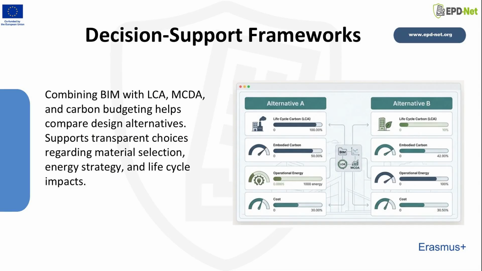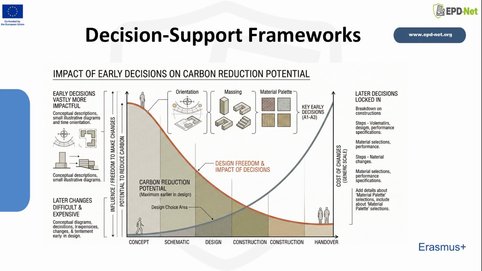Decision support systems in sustainable design integrate environmental, economic, and functional performance metrics to help designers choose optimal alternatives. Methods such as multi-criteria decision analysis, MCDA, or life cycle cost analysis can be combined with LCA data extracted from BIM models. Early design stages benefit most from these frameworks because design choices, orientation, massing, material palette, have the largest impact on carbon emissions. By connecting BIM-derived data with decision support algorithms, planning teams can evaluate trade-offs and develop environmentally